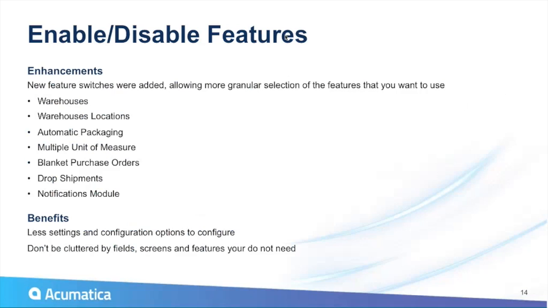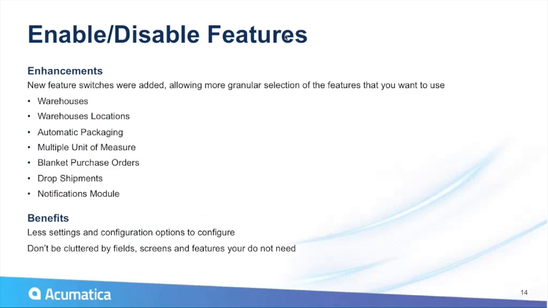So last thing I would like to mention on the financial and distribution side is the new feature switches. Feature switches is something that was introduced in version 4.10, which allows you to decide exactly which features in the product you will use. So when you disable a feature, you have fewer settings or configuration options to set up in the product. So the user interface is less cluttered, and you only see the screens and features you really need